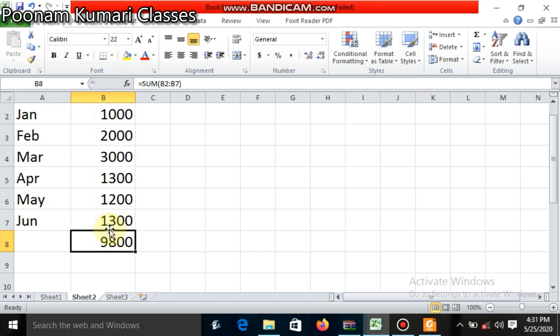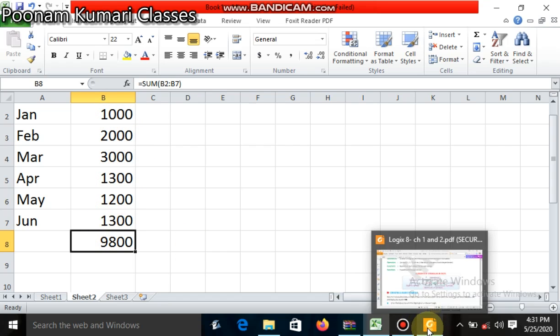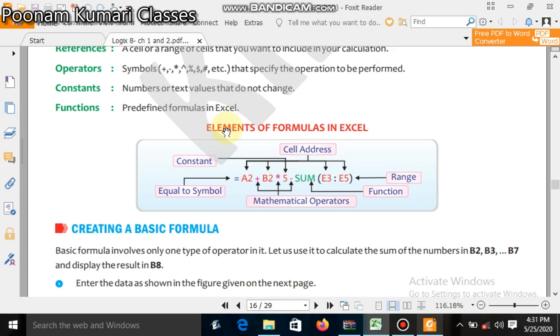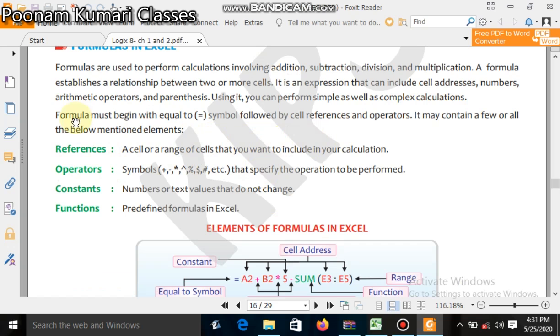So you have given the reference of these cells, and these brackets are called parentheses. And if we use operators like plus and multiply, those are called operators. Like here, I will explain one by one.